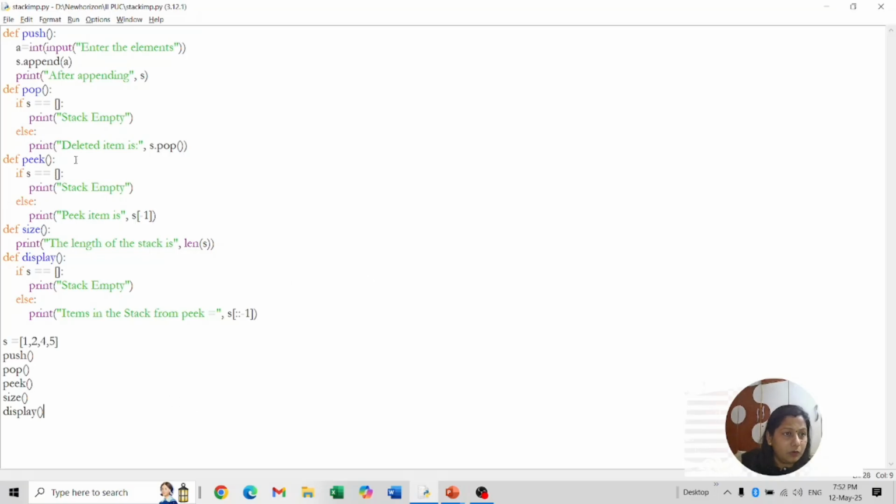Okay, so now I am going to create a program by using whatever functions we have created till here. Starting from def push till here, whatever we discussed, I have mentioned here. After that, instead of an empty stack, I am giving here s equal to 1, 2, 4, 5. There are 4 elements. After that, I am calling each function separately. Now, if I run the program,